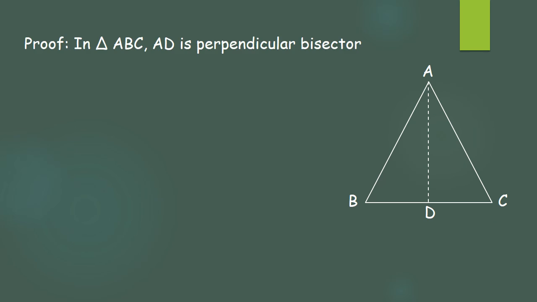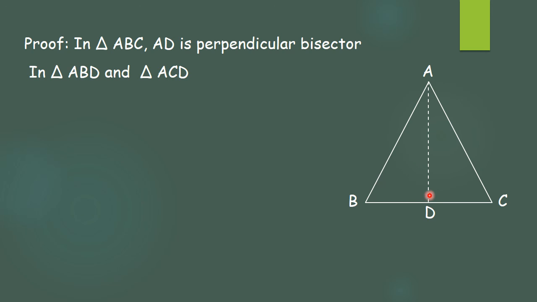For the proof, AD is a perpendicular bisector and D is on BC. Now we'll try to prove it. To get AB and AC equal, we'll consider triangles ABD and ACD. Try to prove these two triangles congruent. Now try to get the three elements. AB is equal to AC has to be proved, so we cannot consider that as the initial part.